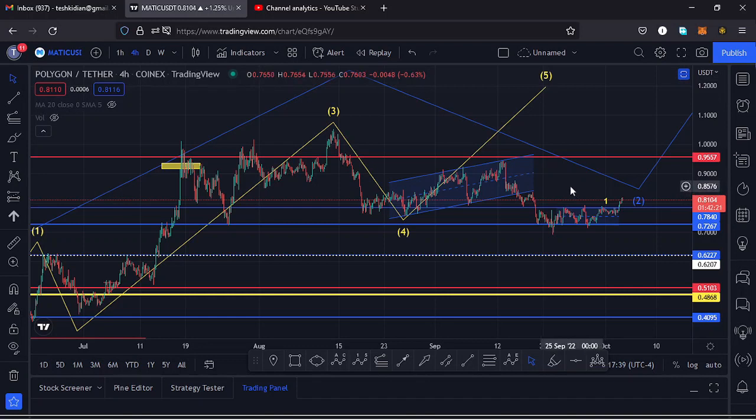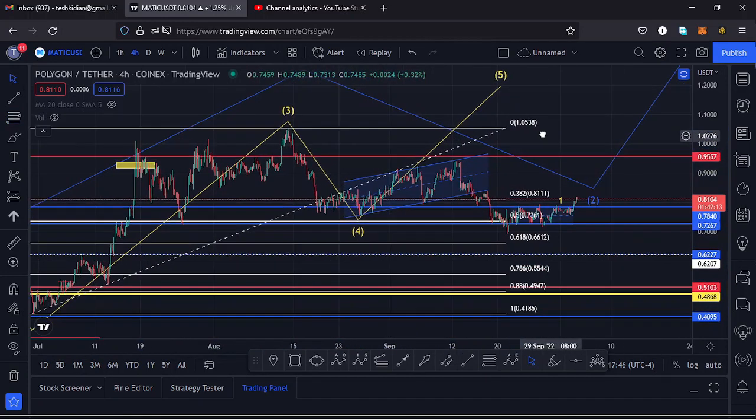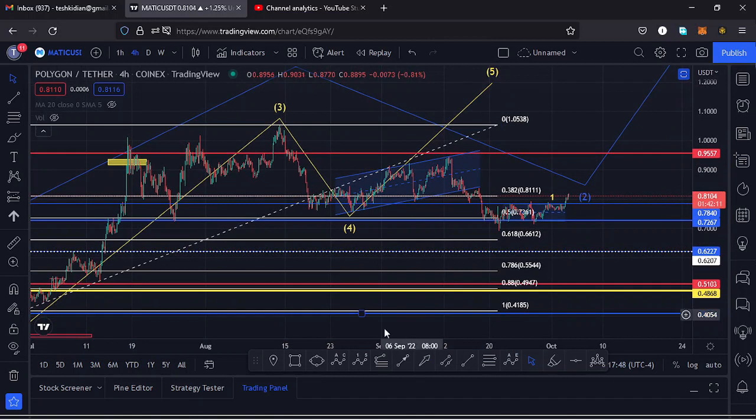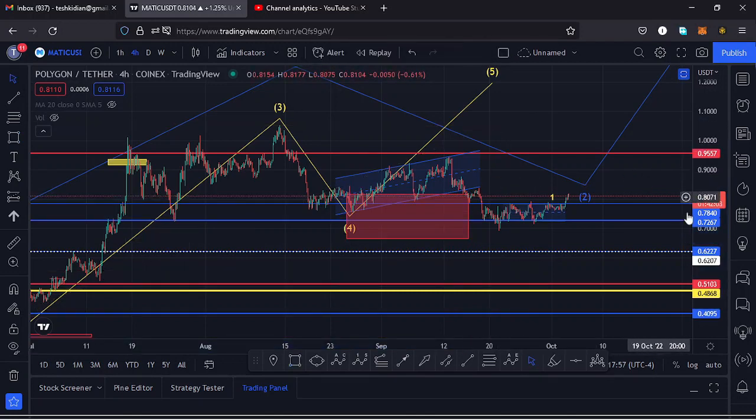and because our wave 4 is a retracement of the third wave, we can use the Fibonacci's, connecting them from the low of the wave 1 to the high of that wave 1, and that gives me a minimum target area to the lower side in the formation of a wave 4 between the fib level 0.382 and the fib level 0.618, and I can mark that target area here on the charts like that,